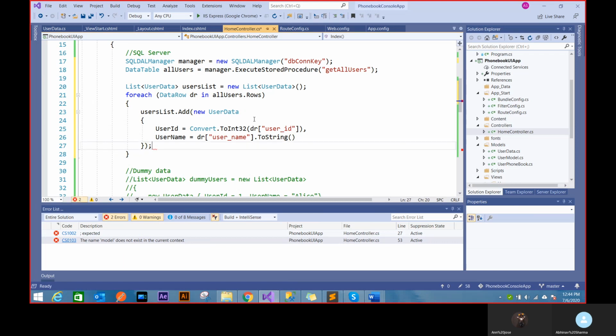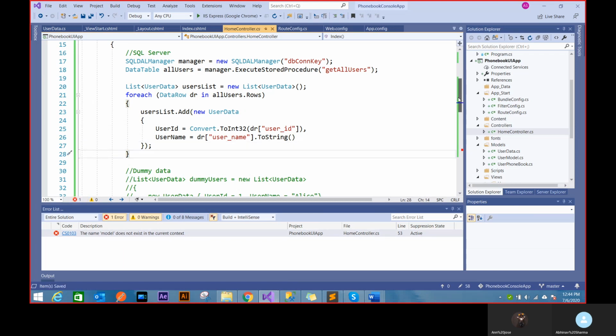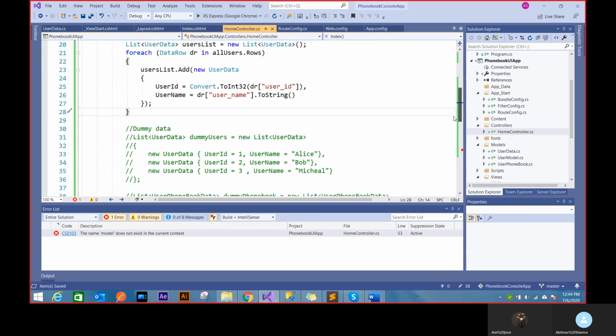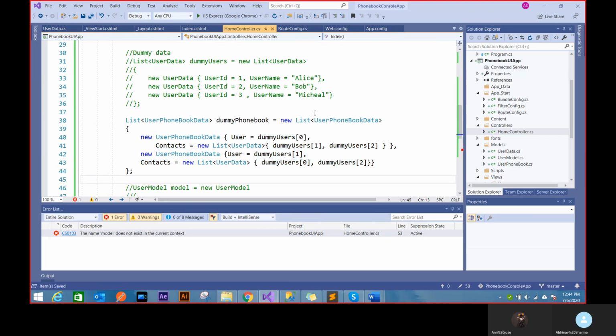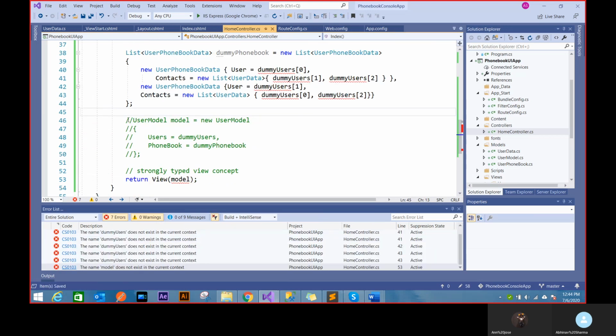And I'll just do this. So I have my users list now. Because I have created an object in the right way, I should be able to see all the users. So if I uncomment the phone book part, because I still want this dummy data, and I don't want dummy users, so I'll uncomment this phone book model.